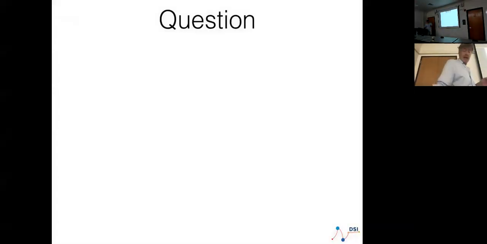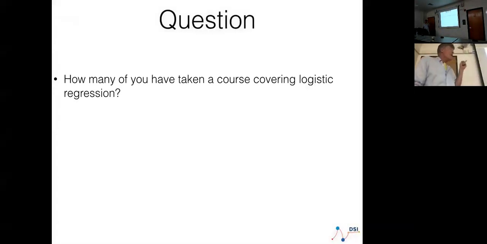So I just have these. Many of you have taken a class on logistic regression. How many of you have fitted logistic regression? Okay, pretty much it's the same people who took the class, which is good. I don't like people fitting logistic regressions. If I asked about neural networks here, the number would have gone down, but hopefully it would be the same, one-to-one. Okay, I took a class, I used it, that's fine.